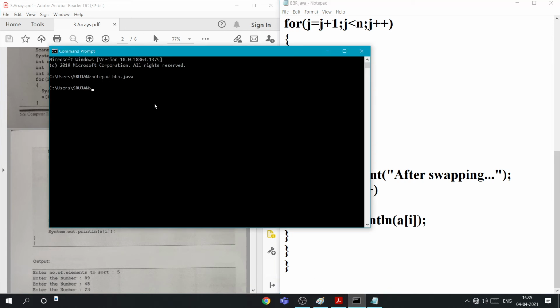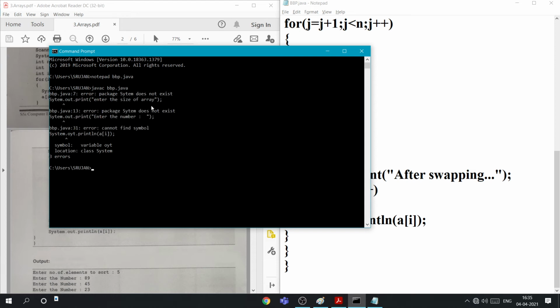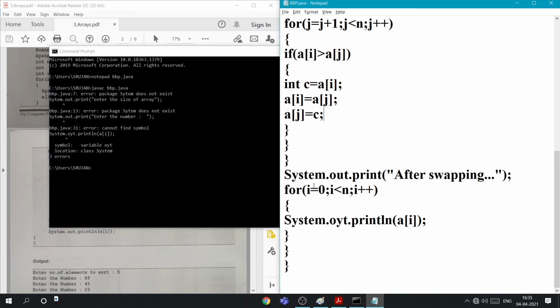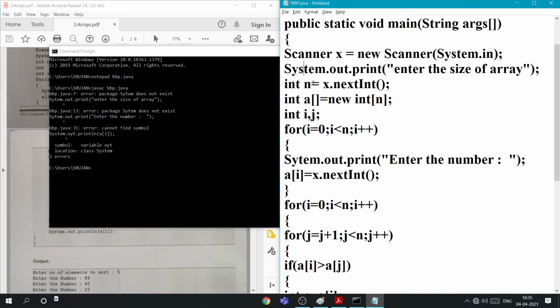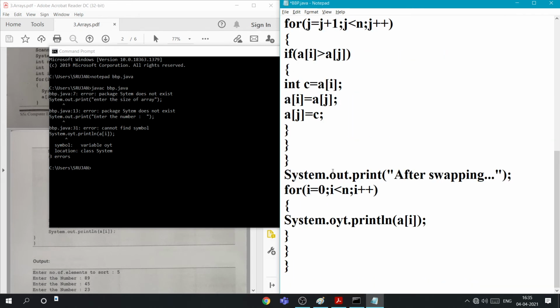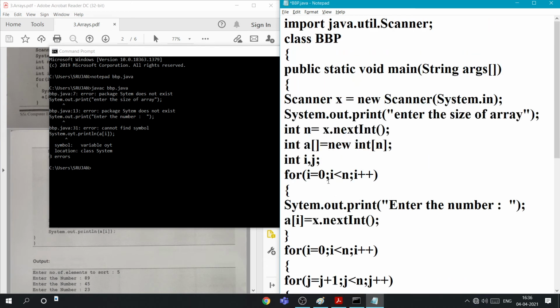Now let's compile it. Java sys bbb dot java. Oh, sorry guys, spelling mistakes. Type system dot out and again that thing, and the size of it also I think.